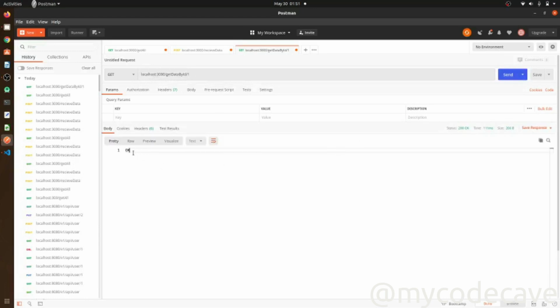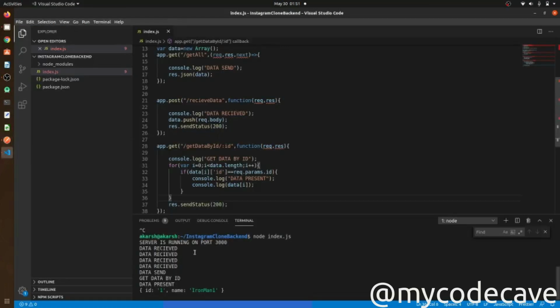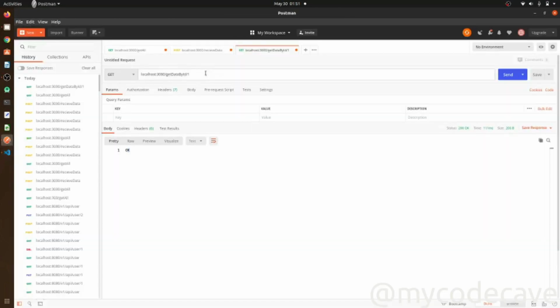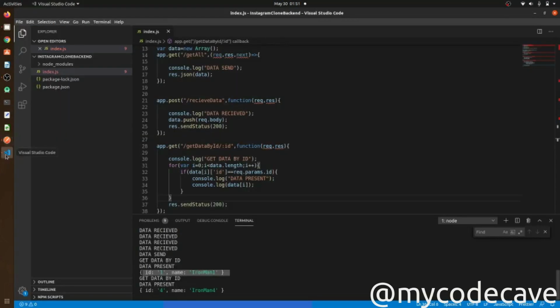Yeah, it shows us that we have data. We have just printed it, data is present, and in our console it shows us what our data is. Let me check for 4. Again we have the data that is at our 4th id.